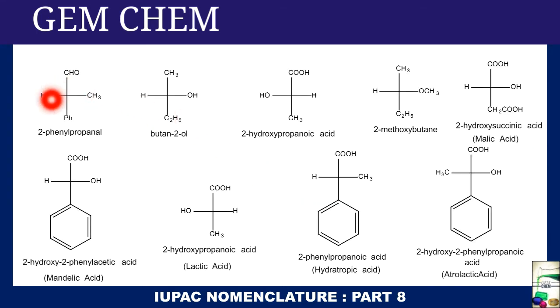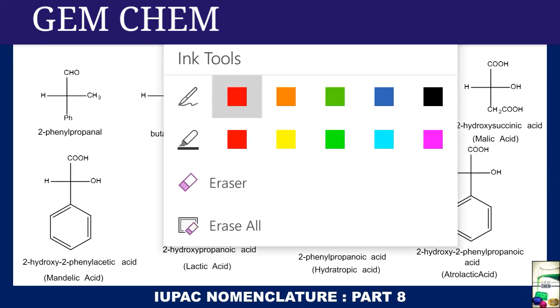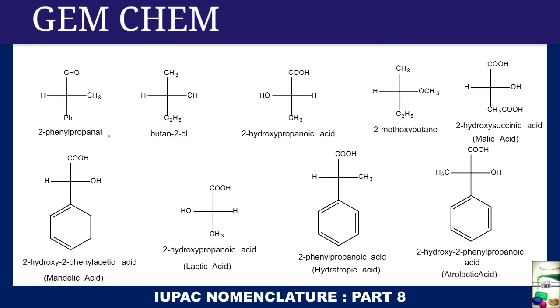Similarly, if we look at this one, we can see that here the reference is CH3. So here, since CH3 is present in the right hand side, it is D. For the next case, OH is present in the right hand side, so it will also be D. Now if we see this one, this is OH, and OH is present in the left hand side, so we can write it as L.